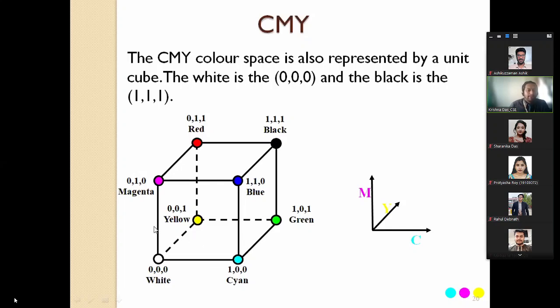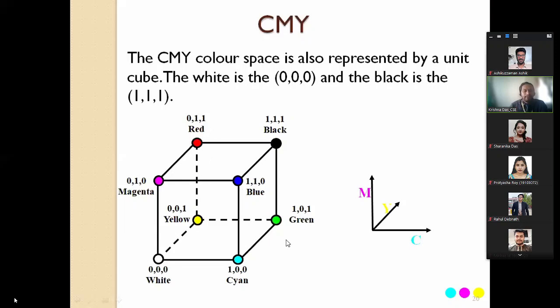According to the x, y, and z coordinates, cyan is the x coordinate, magenta is the y coordinate, and yellow is the z coordinate, and their combinations create the secondary colors for CMY, which are red, green, and blue.